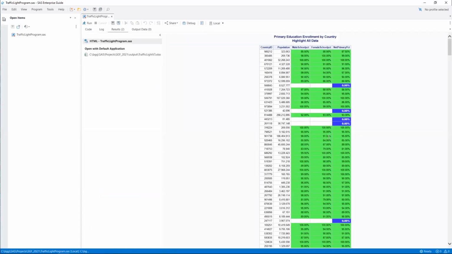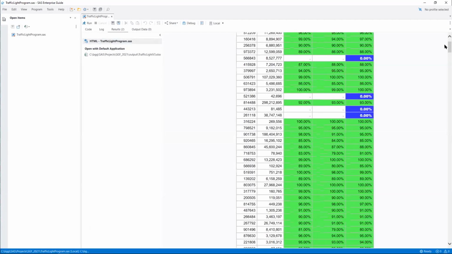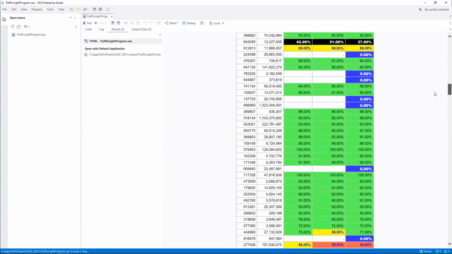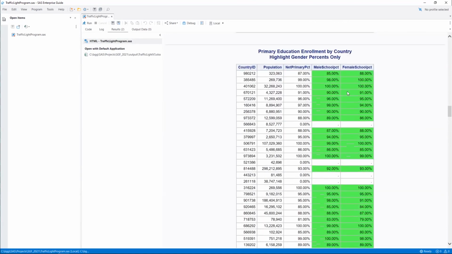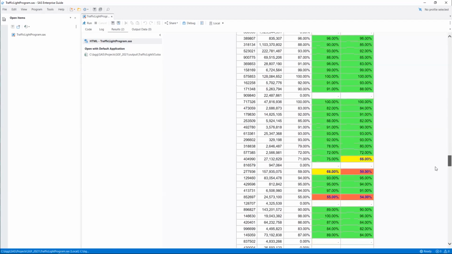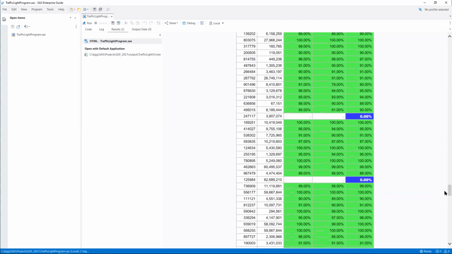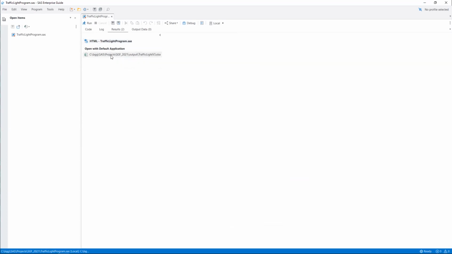And again, this HTML blue is going to remain in effect for the output that is generated into the results window. So here's report 1. And then here's report 2 with just the school percent columns being highlighted. And then finally, when we get down below, we have all 3 with our third report. So here we do see that it generated all 3 different reports into the results window. I'm going to open up Excel now.